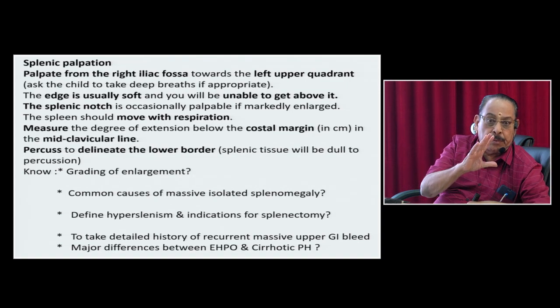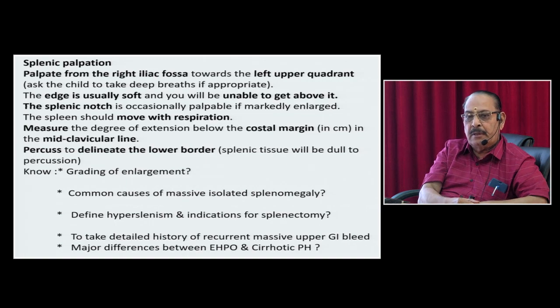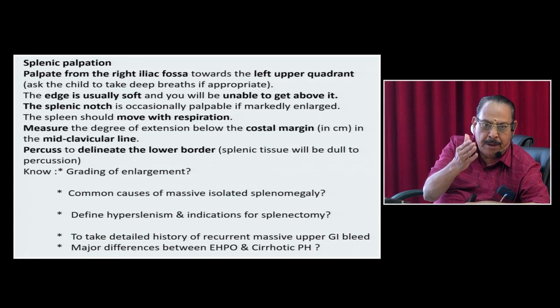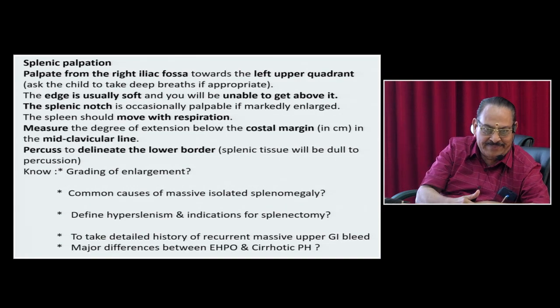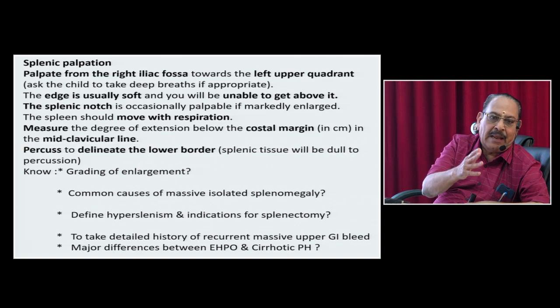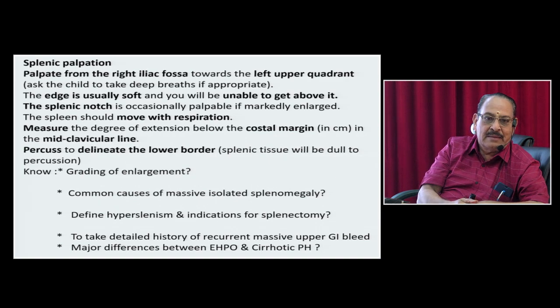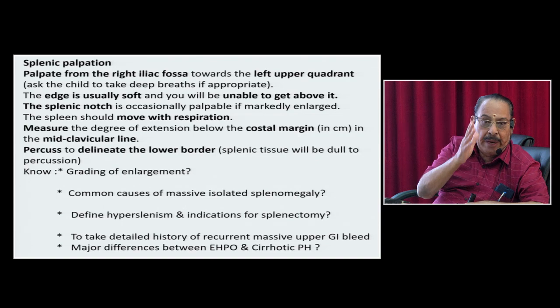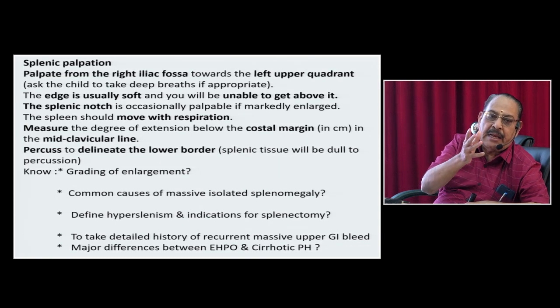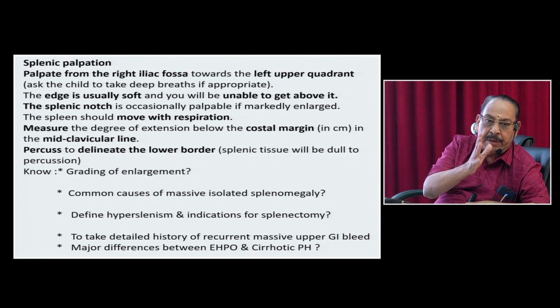What about massive hepatomegaly, isolated? The most common massive hepatomegaly that you see right from birth is biliary atresia. In a little older child, choledochal cyst, congenital hepatic fibrosis. Sometimes, most often, you get a big isolated liver in glycogen storage disease type 1. Fatty acid oxidation defect, you can bring in as a differential diagnosis. Then comes the congestive liver if the child is above 6 to 8 years of age. These are the common causes for isolated hepatomegaly.